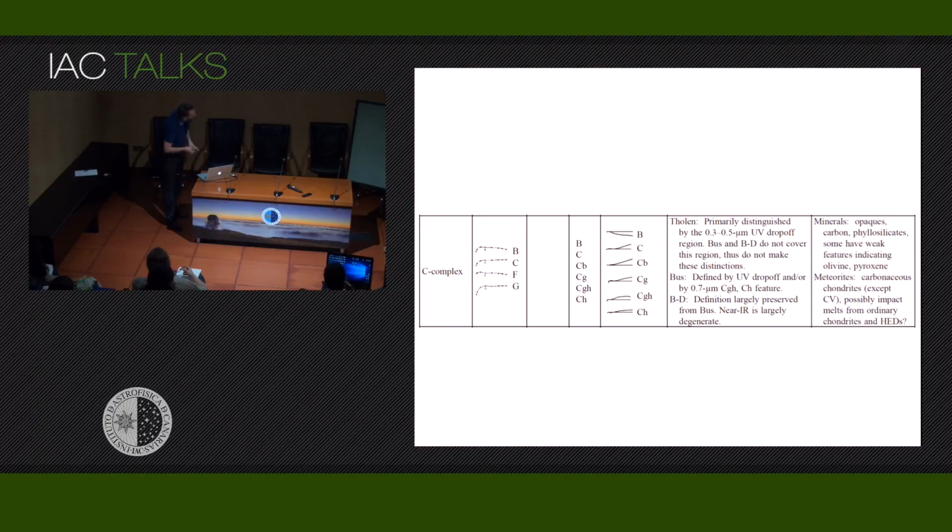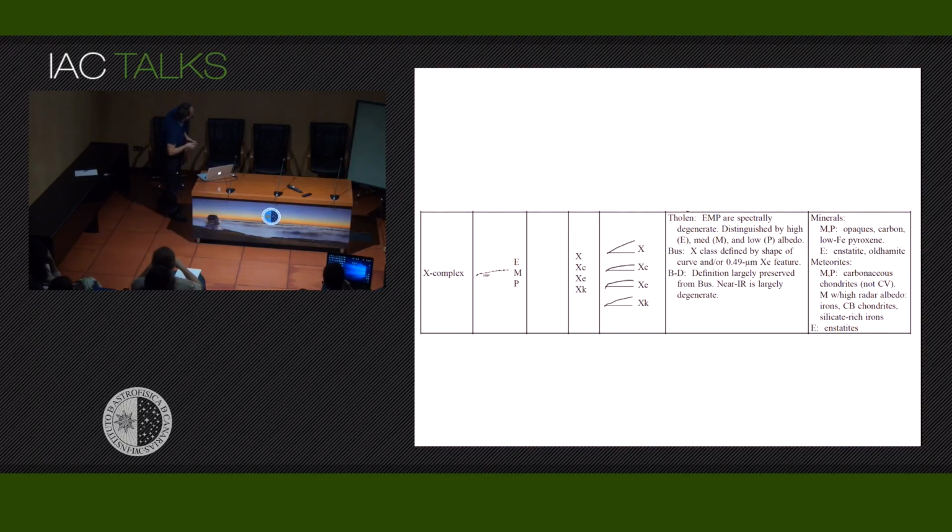Okay, so if you go to the C complex, this was originally in Tholen taxonomy DCFG, now it is like that, and if you look at the minerals, opaques, carbon, phyllosilicates, there is olivine pyroxene there, and then carbonaceous chondrites in meteorites would be the counterpart, and then impact melts, HEDs, these were the Vesta meteorites then. If you go to X complex, there was EMP here, there's X, XC, XE, A, and now